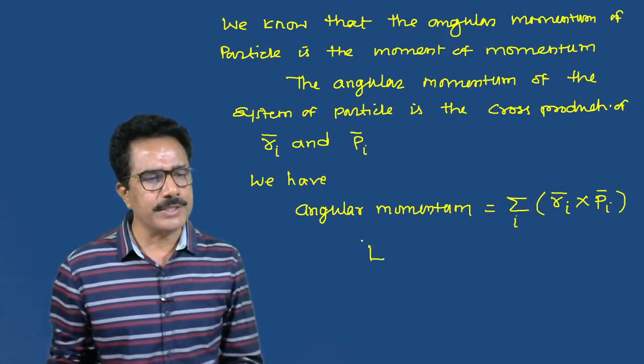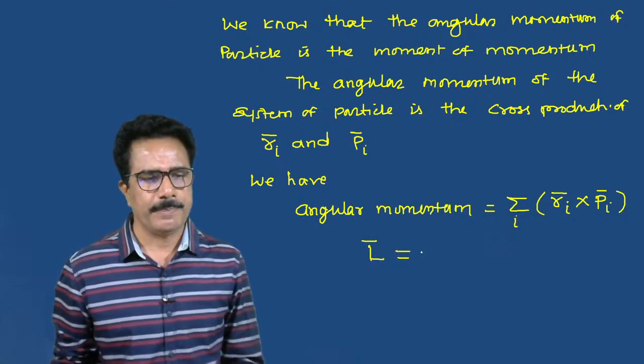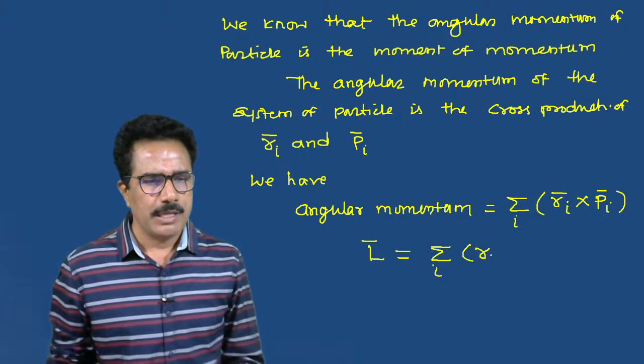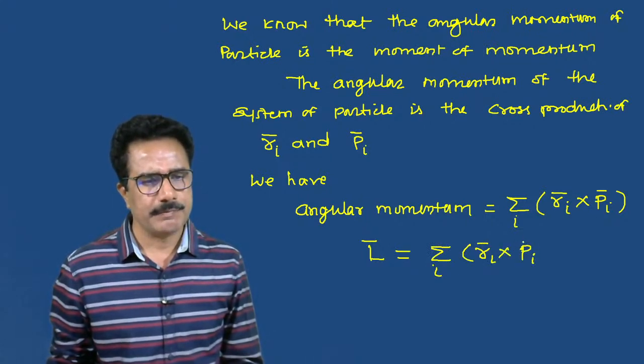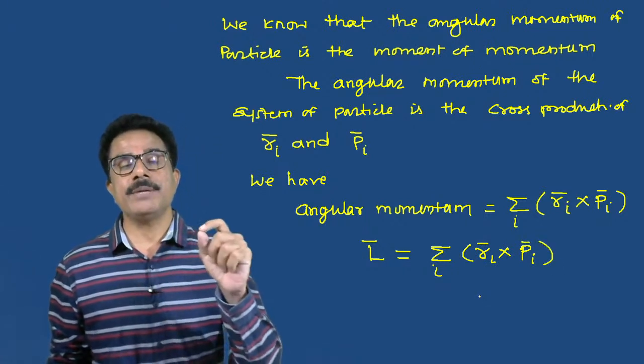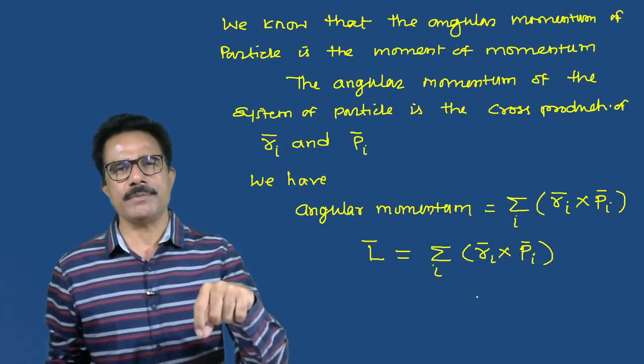Therefore, if we consider angular momentum, that is L bar is equal to summation over i of Ri cross Pi. You know that Pi means the momentum, it is a linear momentum. Suppose